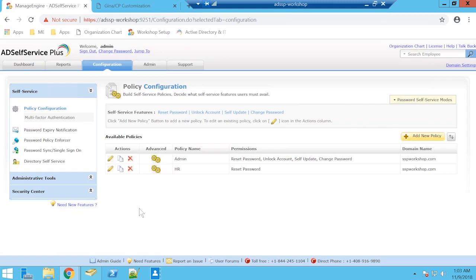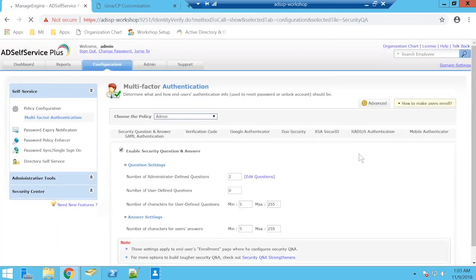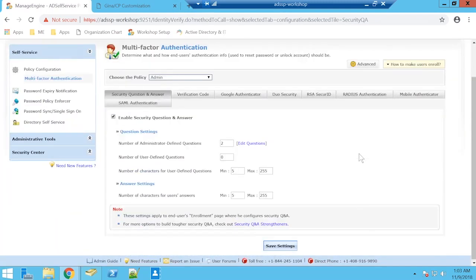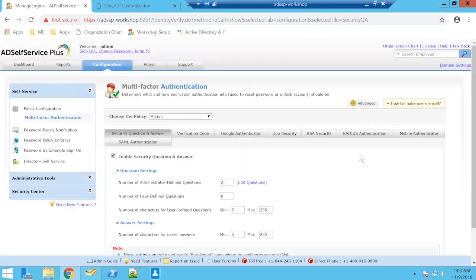So all you have to do is jump in, explore ADSelfService Plus, explore the customization options, explore the multi-factor authenticators available, see what best suits your users, your organization, and different users, granularly choose which policy works for which user, and then go about setting it up using ADSelfService Plus. All right, so with that said, I'm going to quickly jump